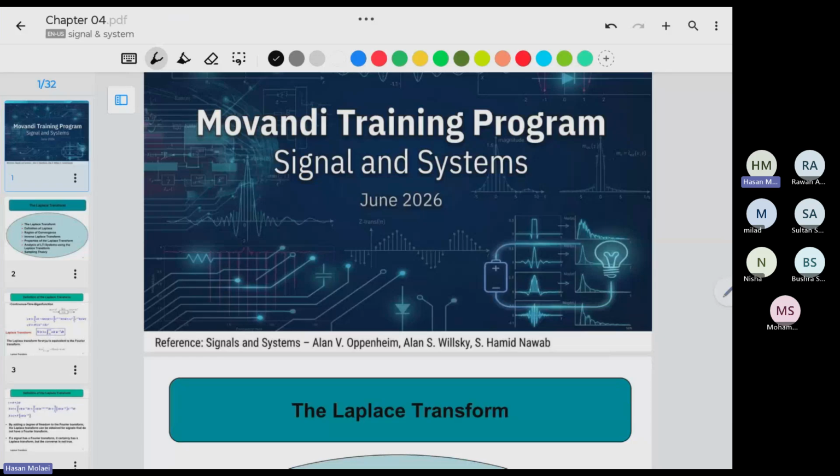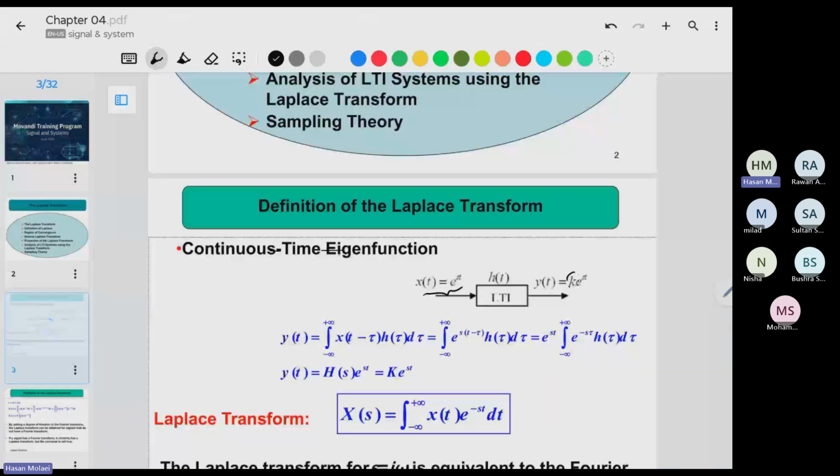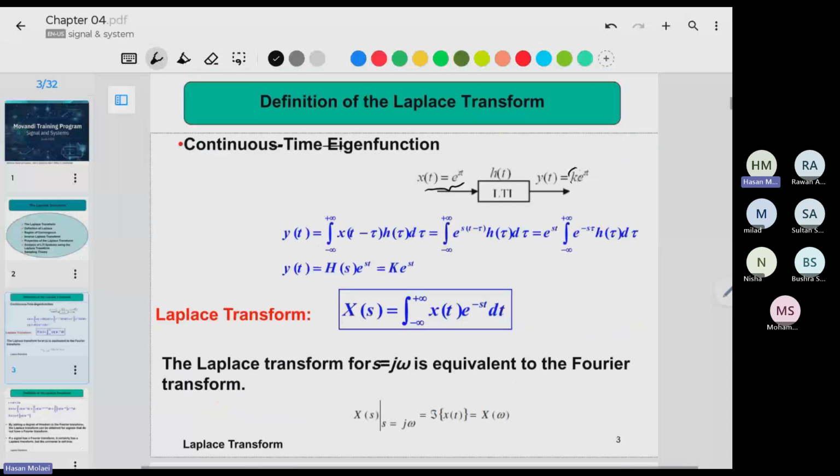The only difference is one coefficient. So if I can express any input as a function of its eigenfunction, then if I apply this input to any LTI system, the output would be exactly like the input with one coefficient difference, which we define